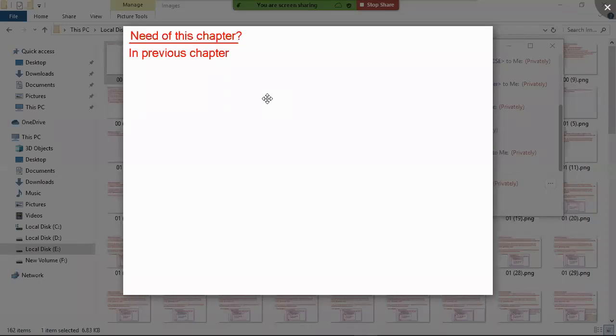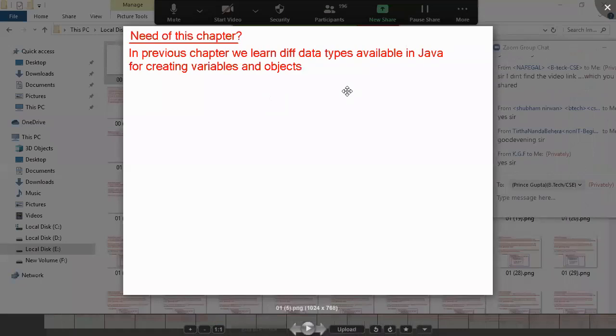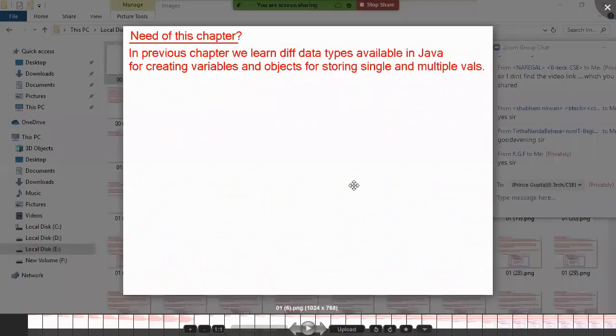In the previous chapter we learned the different data types available in Java for creating variables and objects, used for storing single values and multiple values. Now we have values, and as per our project requirement, we have to verify whether those values are valid or not.